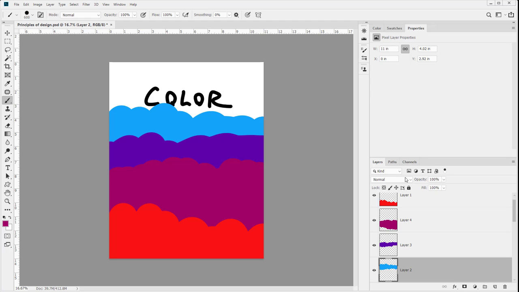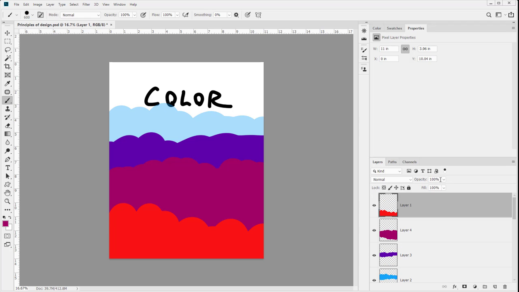There's something called atmospheric perspective. And all atmospheric perspective means is the further back something gets, the lighter it gets. So if we do something like this,